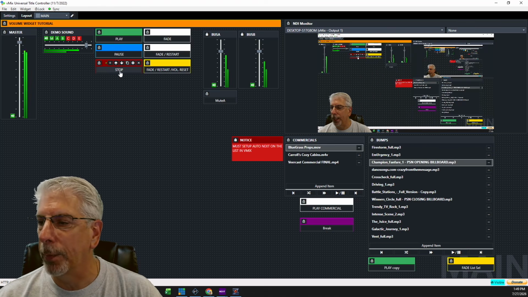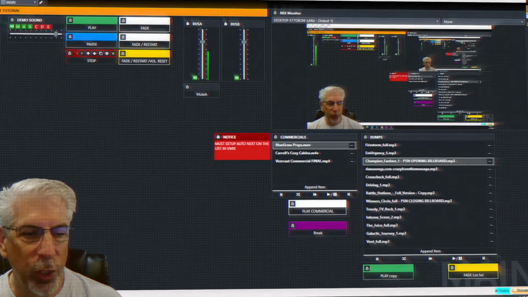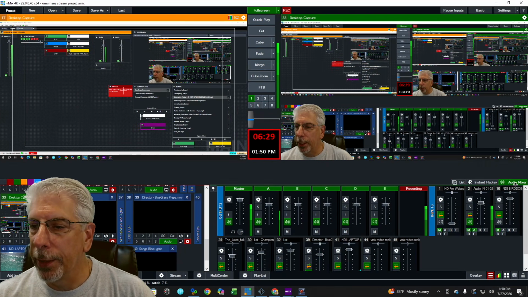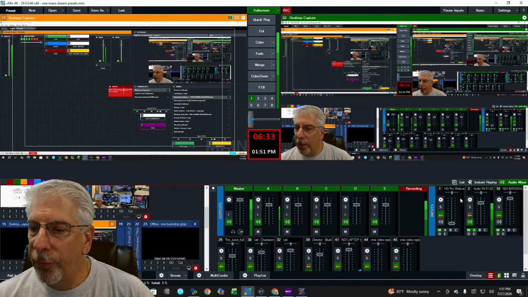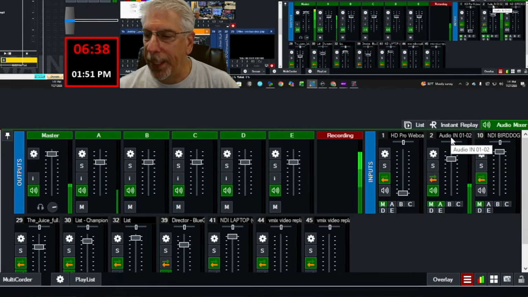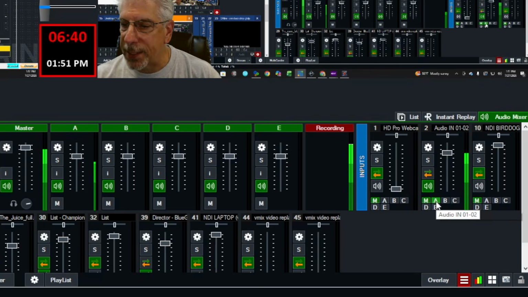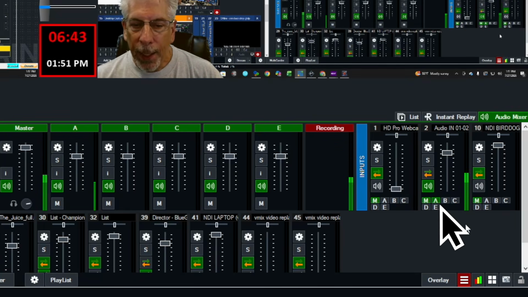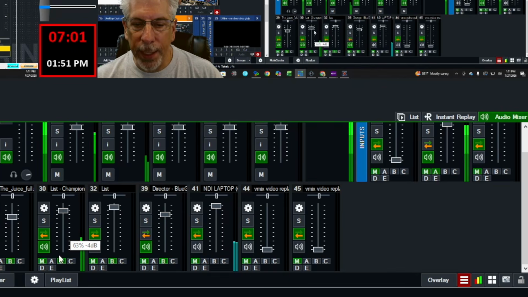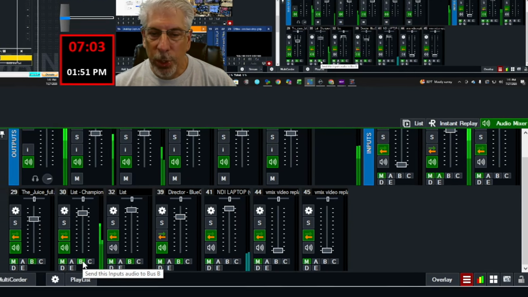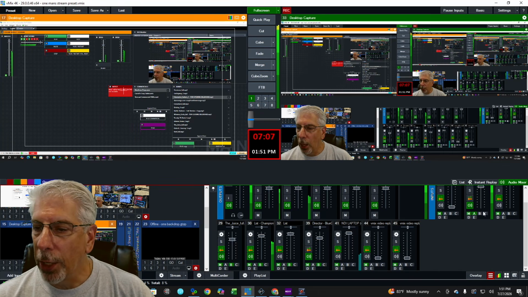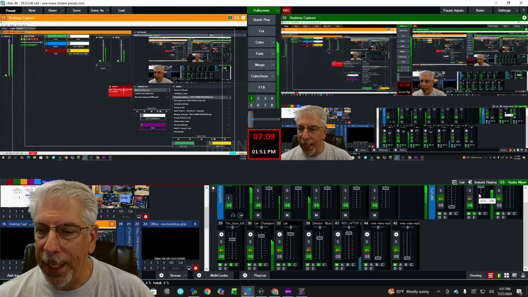I'm going to go ahead and bring in this view right here. And what I'm going to direct your attention to is right over here in the audio mixer. We have our audio that's coming in. This is actually the microphone that I'm speaking through, and you can see I have this designated on bus A, and then my list of music, and I have this designated on bus B. So you can see the music's coming up on bus B, the audio is coming up on bus A, and